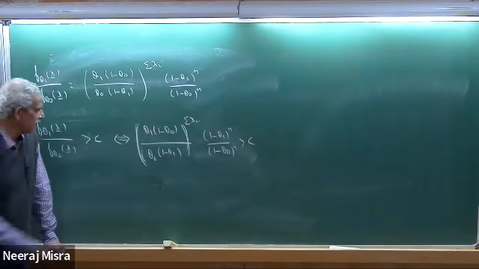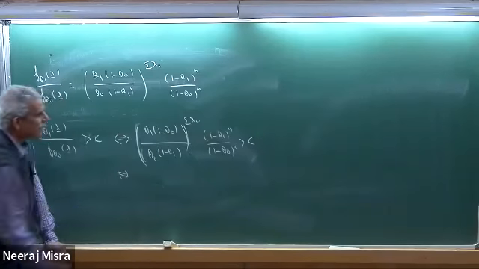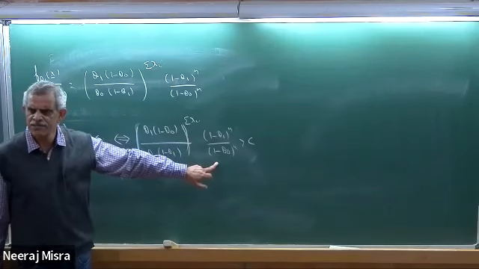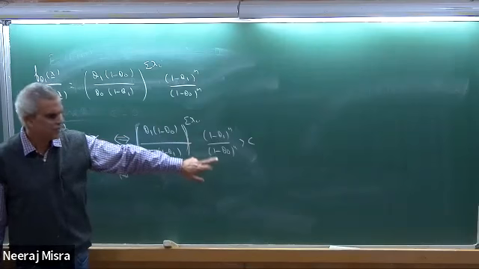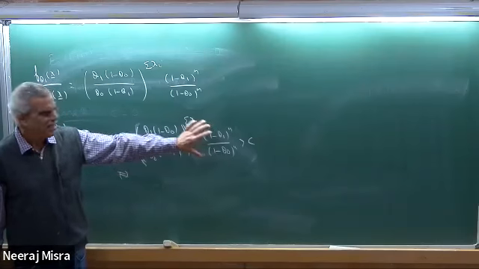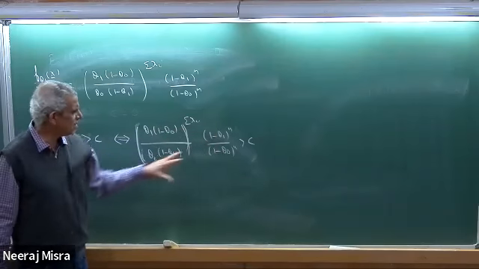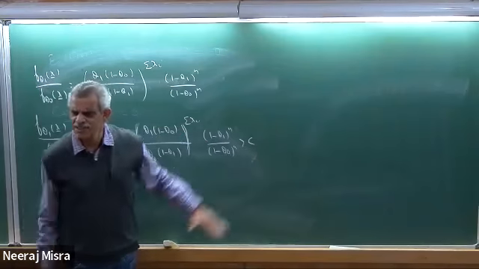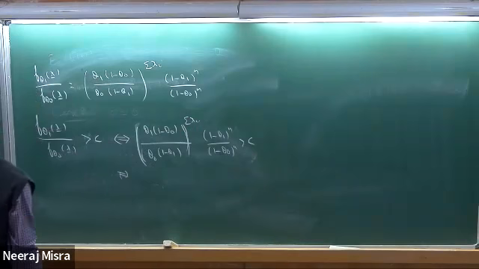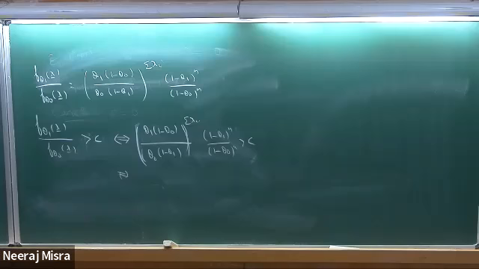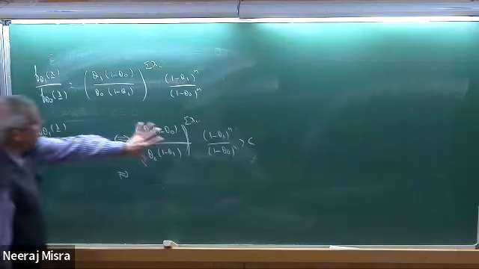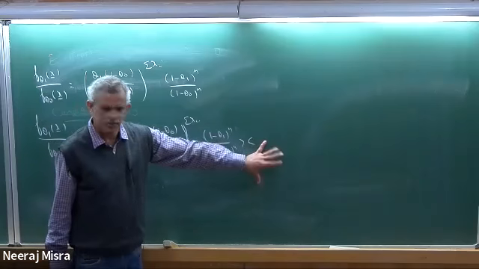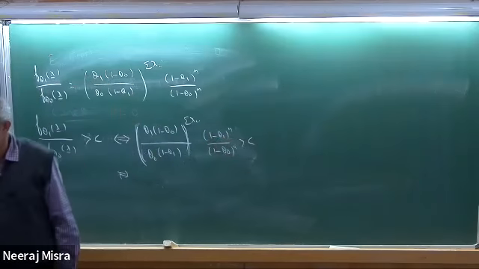Okay? Now note that theta 1 and theta naught are fixed constants between 0 and 1. So this is a positive quantity. So this being bigger than c is equivalent to saying that this quantity is bigger than some other constant c1, because finally this c1 has to be determined with respect to the level. So I don't bother about what that constant is, because finally that would be determined through alpha. This is bigger than c1, and since this is positive, the inequality doesn't change.